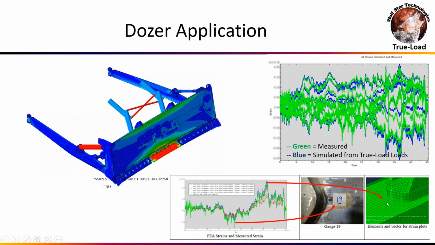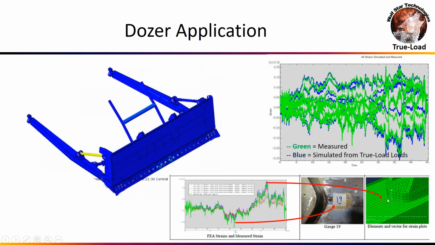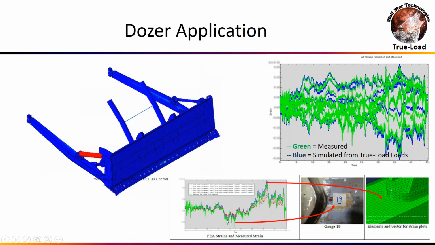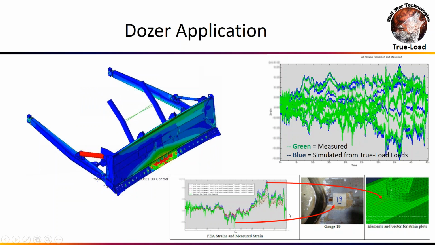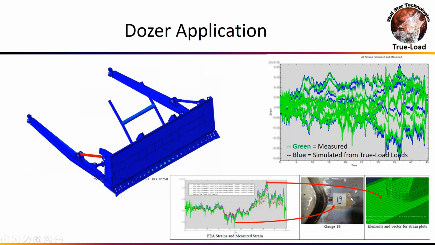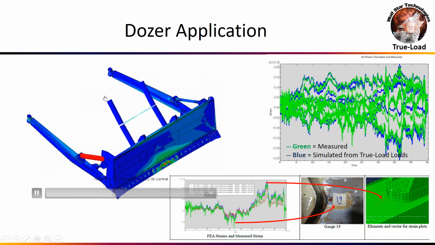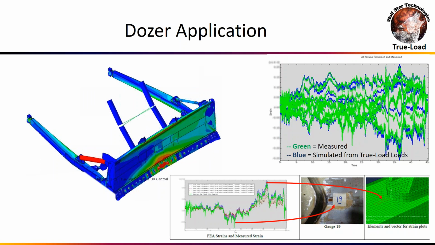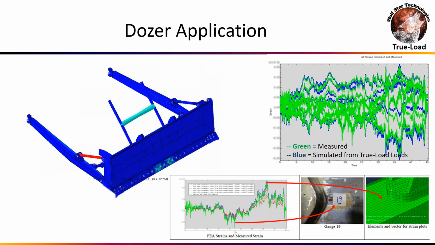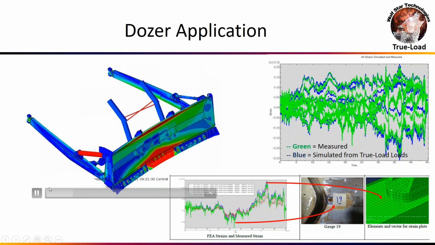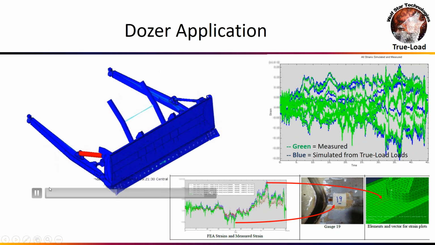And then we went into the QSE software and we probed the elements coming away from the weld there on the FEA model, and we plotted that up. So the green data here is the physical strains measured from gauge number 19, and the colored curves are coming from the FEA model, showing how well we were able to match these areas of high strain gradients. So this is a nice example that says when you get the overall flexibility right, then the areas of high stress concentrations come along for the ride.